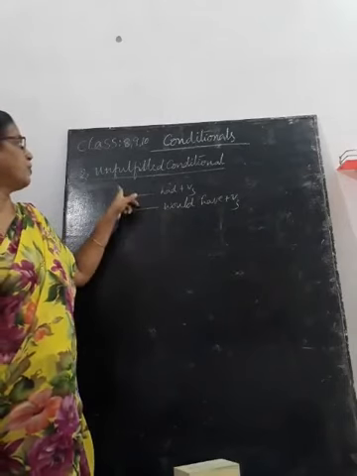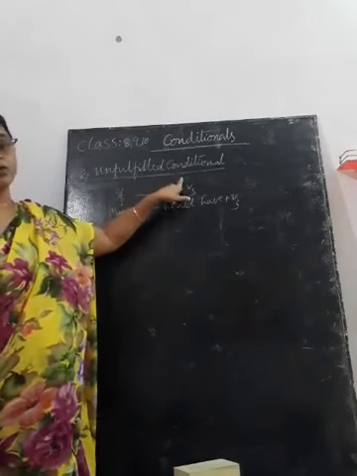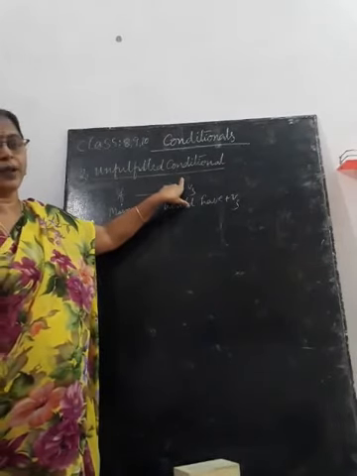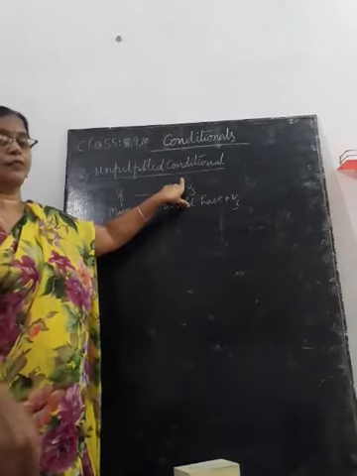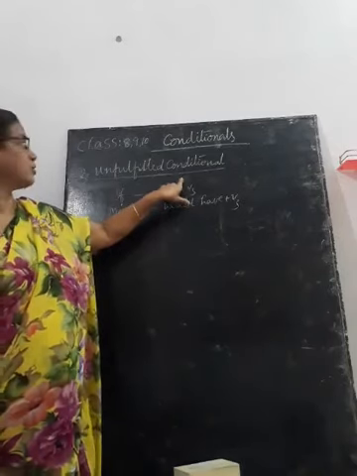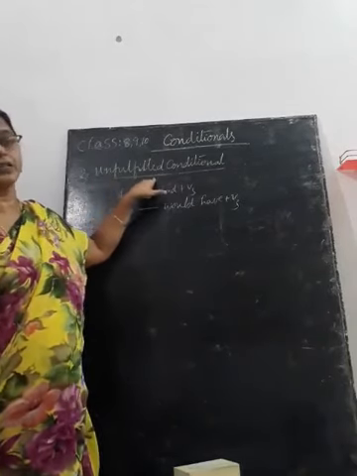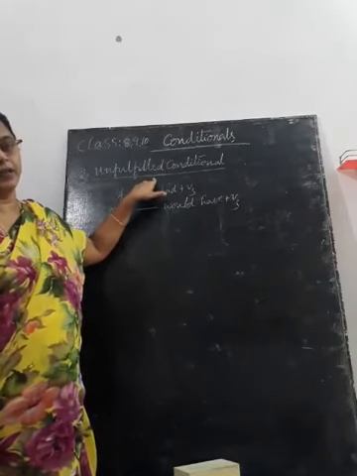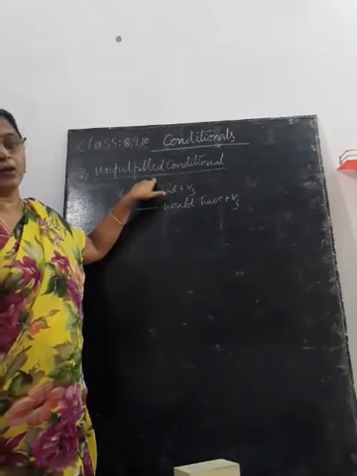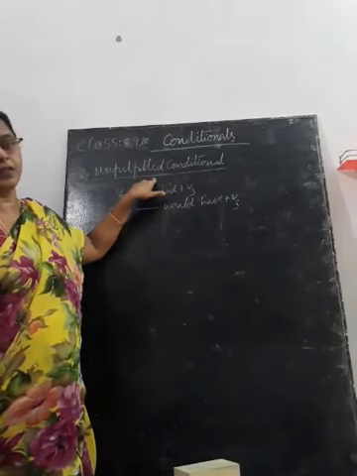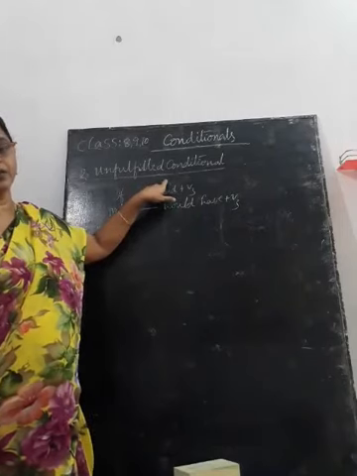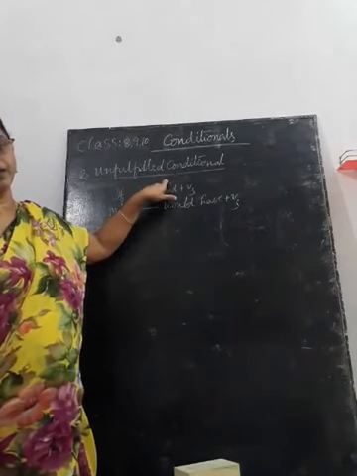Unfulfilled conditional sentences are used to talk about the past, where the situation had been met and the result would have been different. So it doesn't happen, and it is called an unfulfilled conditional sentence. They are used to express regret. When we recollect the past, we use unfulfilled conditional sentences to regret, to criticize people and point out their mistakes.